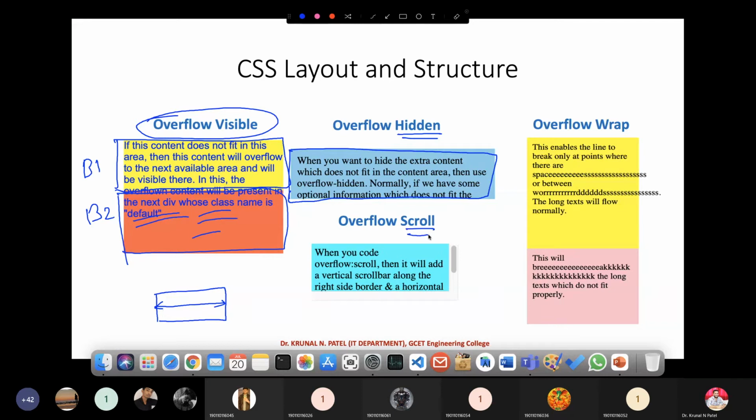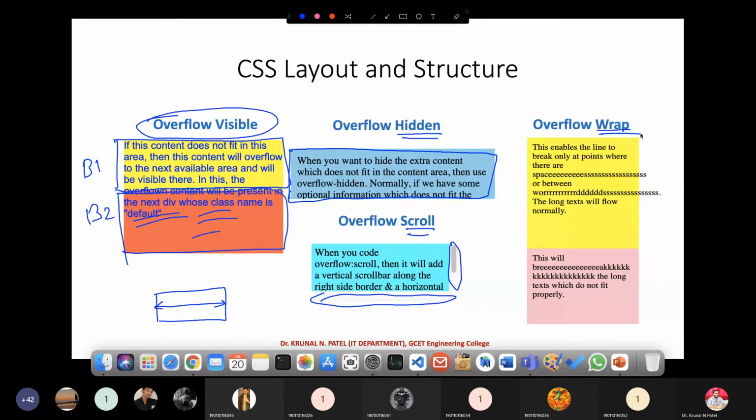Suppose I want to see that content, so for that I go for scroll. When I set scroll, scroll bars will be there automatically. With the use of the scroll bar, you can see the overall content.